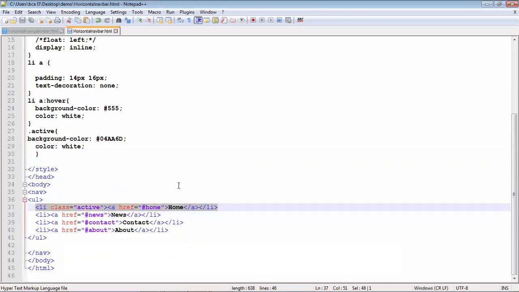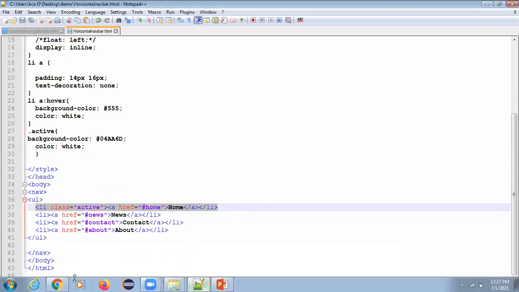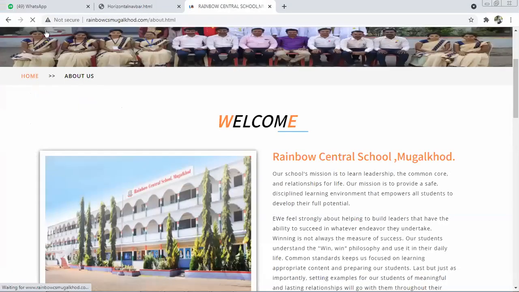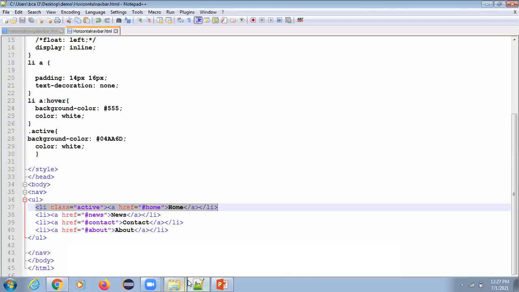Active means background color is fixed, some green color, and the font color is white. I will refresh that page. The home menu is highlighted using background color green and font color white. But the anchor tag is showing blue only.